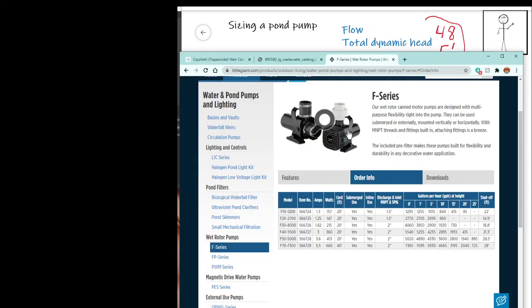I can pull up my F-Series water pump. And luckily, they've got a chart here. And under the chart, it gives me 0 feet of head, 1 foot of head, and 5 feet of head. And all I have to do is go down my list until I find a pump that'll give me 48 gallons a minute at 5 feet of head. Now, right here, this one does 2,900 gallons an hour. 3,000 gallons an hour would be exactly